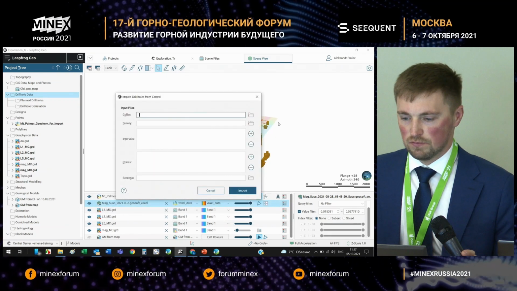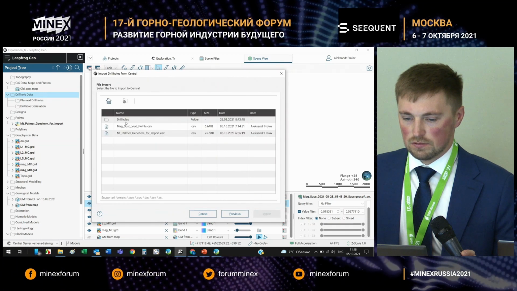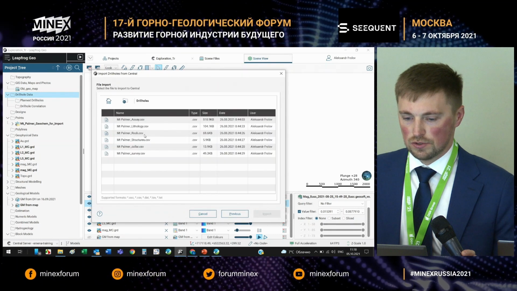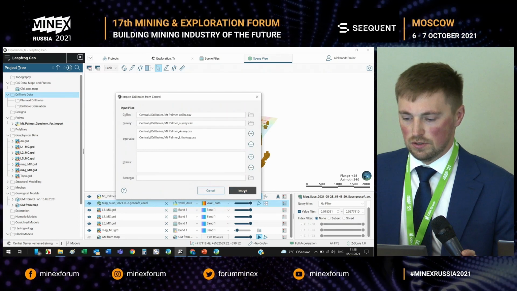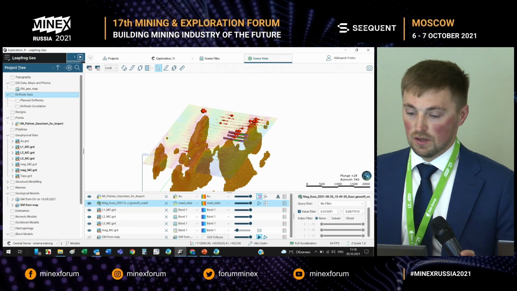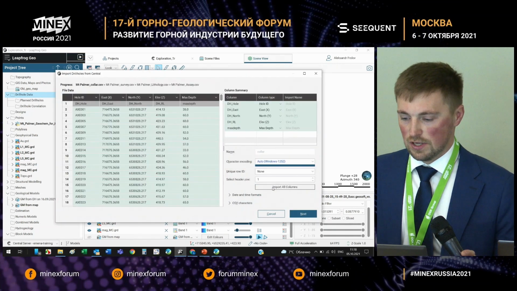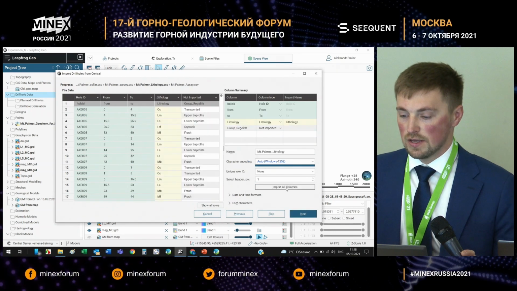We import the data, we connect to the server, we go into the data room. Here we have a special folder, drill holes, and we connect these holes automatically from Central. As you understand, Central is one unified source of data.